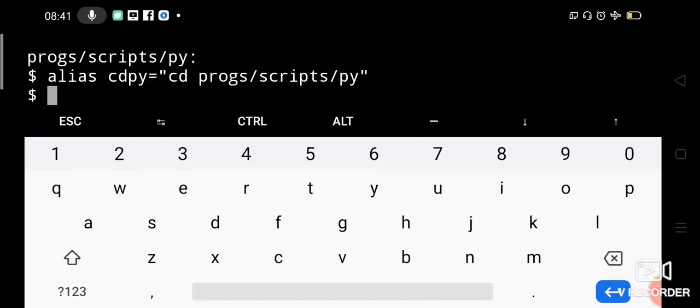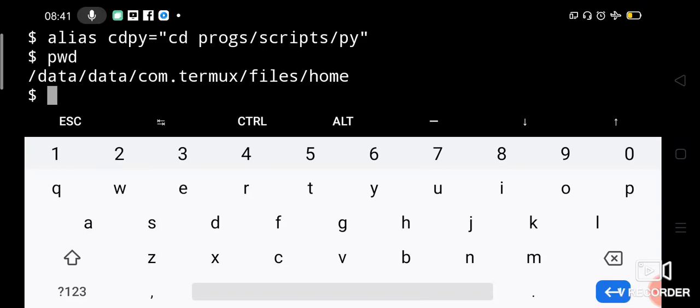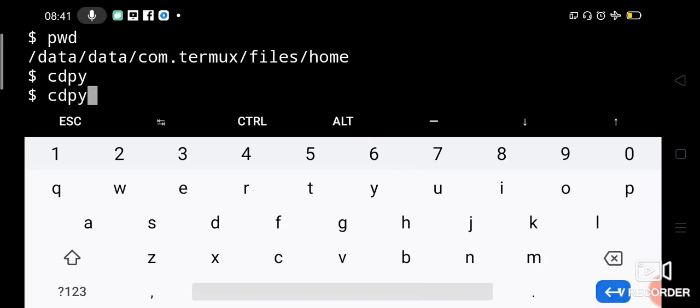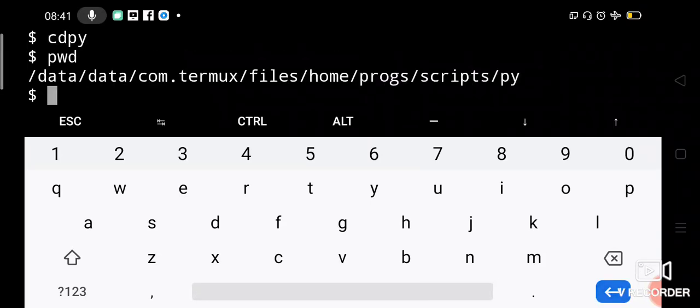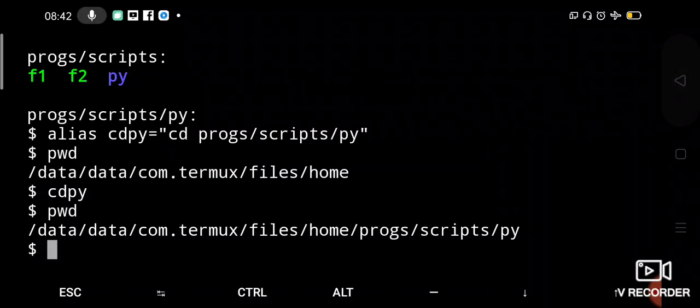Now let us check our current directory where we are. We are under home, right? Now I will say cd py. Now check pwd, where we are: under programs/scripts/py, right? So it is so fantastic, right?